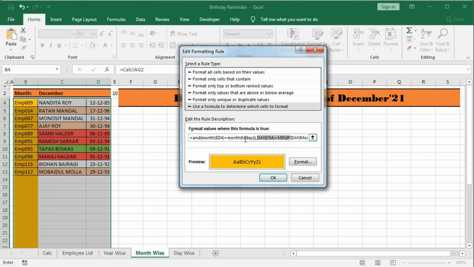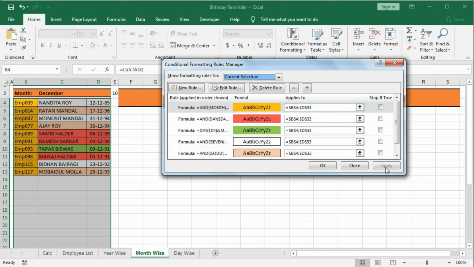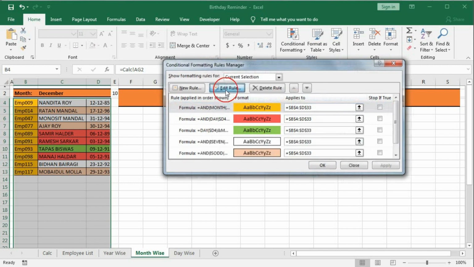So this logic will check whether it is equal to the current month or not, because when we select November or September or any other month other than this current month, then on that month also it will show that date. That is why we are checking the month. Now we have to close the bracket for AND, and here it is. Okay, apply. So B4 to D33, why is it colored?